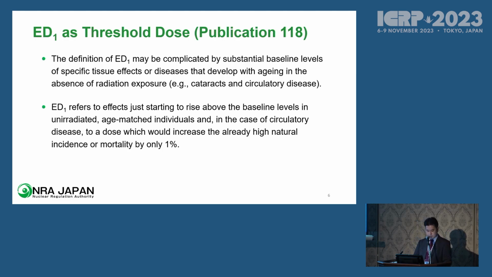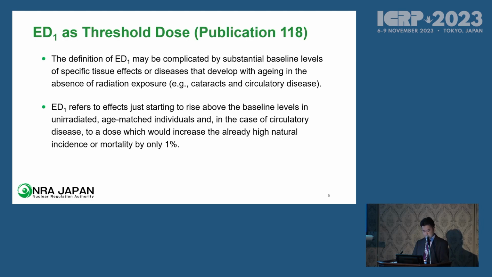So what is the threshold dose? It is regarded as a dose below which the effect does not occur, but it is difficult to give a definition based on the absence of the effect. So practically, it is defined as the lowest dose at which the effect is detected, specifically ED1, estimated dose for 1% incidence. Regarding this ED1 for DCS, ICRP publication 118 describes that the definition of ED1 may be complicated by